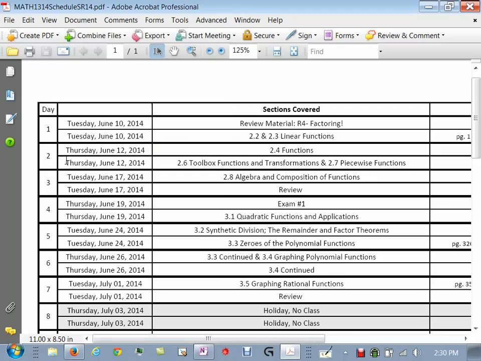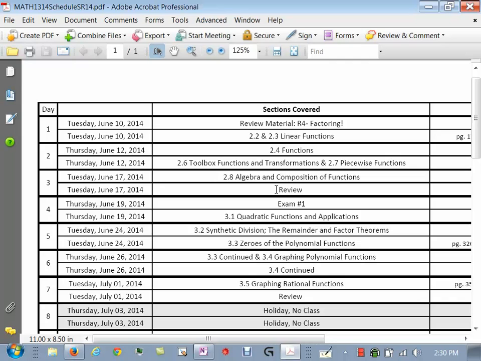So notice that these are kind of blocked off. Usually each day we do 2 sections out of the book. So we've got this week, the following week, and then the 3rd week. Where's the test? Oh wow, oops, I skipped it. So we have a test next Thursday. All right? That's right, isn't it? This Thursday, the next Thursday. Yes, we have a test next Thursday. It'll cover chapter 2 basically.